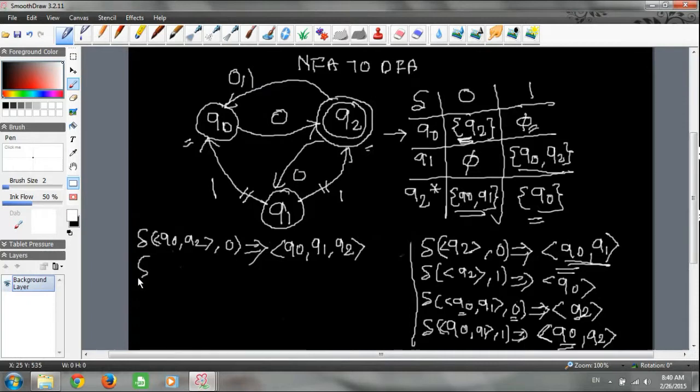Now let us take Q0, Q2 on 1. Q0 on 1 is phi, and Q2 on 1 is Q0. So you can see it is going to Q0 only.